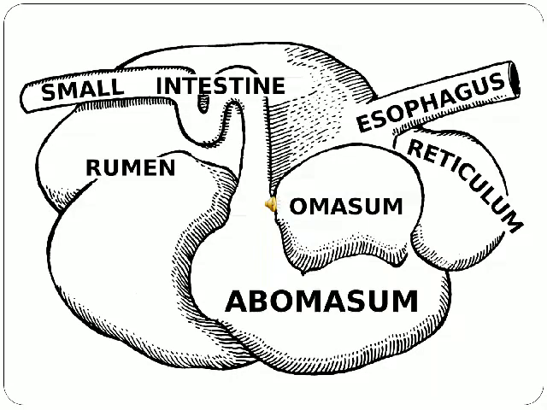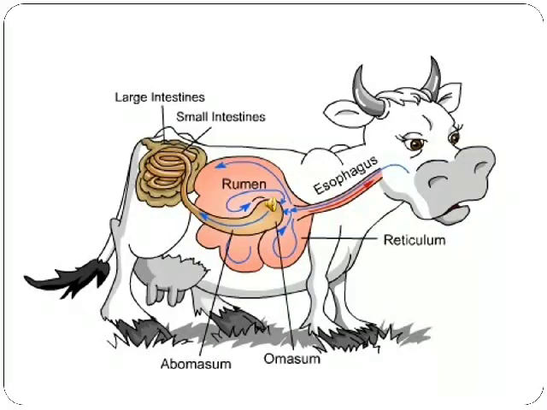Now let's see the process of digestion. From the picture, I'll explain it to you. Once the cow eats the grass, it chews it and swallows that food. That food will enter into the first chamber, the largest chamber, the rumen. Here the food is partially digested, which is known as the cud. From the rumen, the food will move to the second chamber, the reticulum. From the reticulum, it will enter into the cow's mouth.